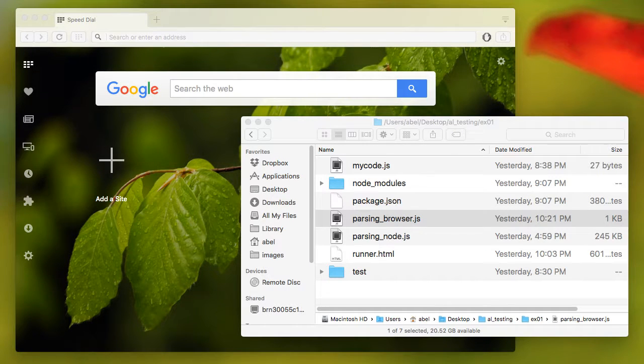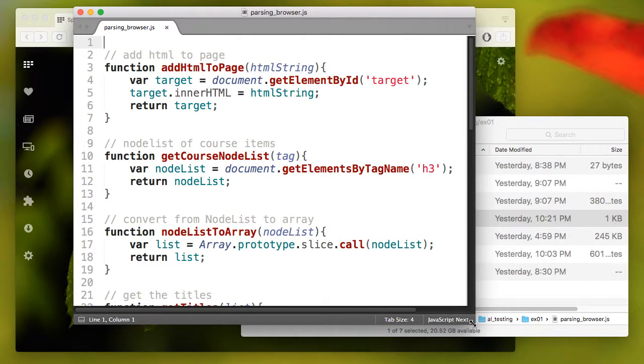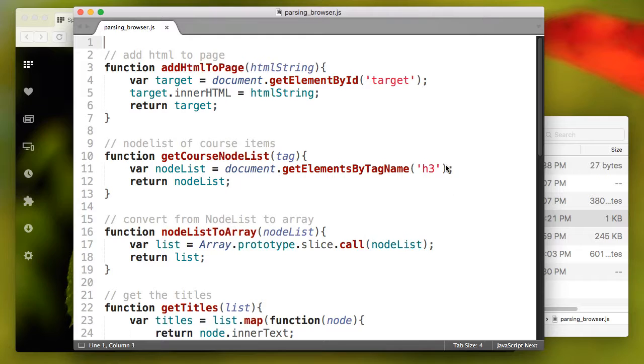I have a number of files here that are a first attempt at trying to write tests for the homework. This file that you see here called parsing.browser is meant to be used in the browser. There's another one called parsing.node that's meant to be used at the command line. And if we look at the browser one, you'll see that it just simply defines a number of functions that